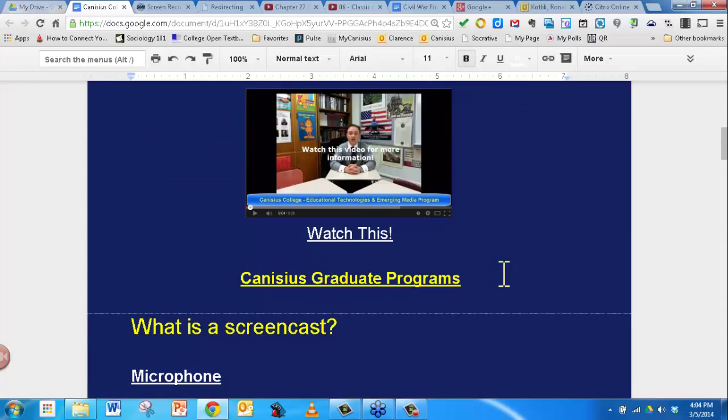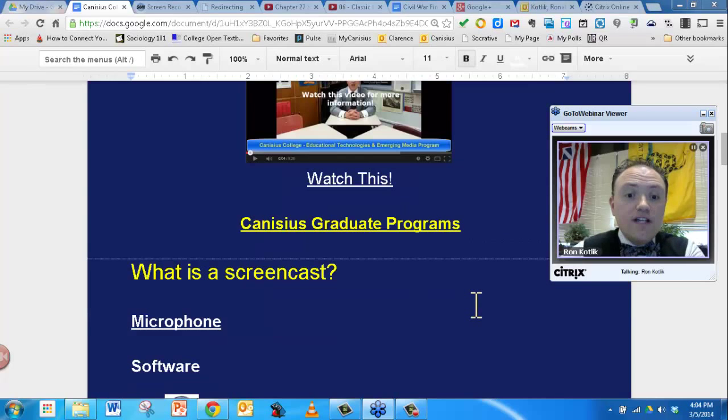So we're going to talk about screencasting today and talk a little bit about the flipped classroom. So the first question to ask is, what is a screencast? Basically, a screencast is having the ability to use software to record your screen. Now it's a little bit different than a screen capture. I think we've all taken a picture of something on your screen to send to a colleague or a student or for a project. A screencast goes beyond just using a visual frame of your computer screen, but actually recording your screen as a video, recording the audio, and then producing that video